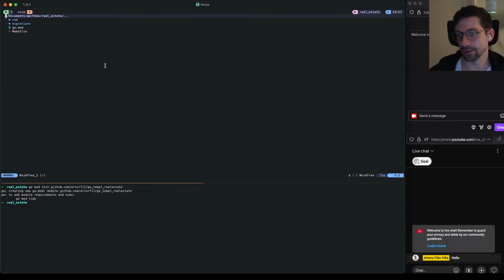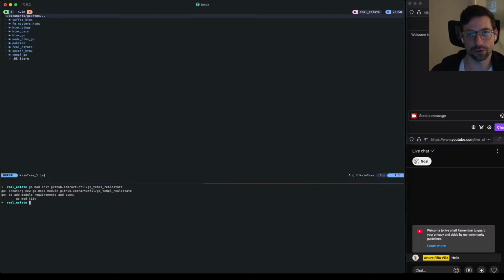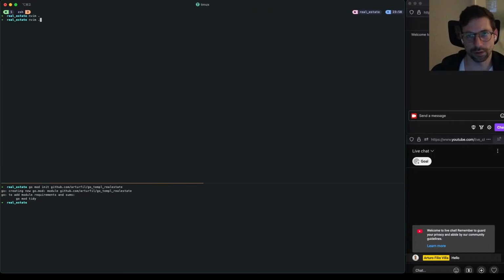Okay, let's start creating the project. So I'm going to create an HTMX plus Templ plus Golang project. There's a little bit of setup here that's a little bit unusual. And okay,